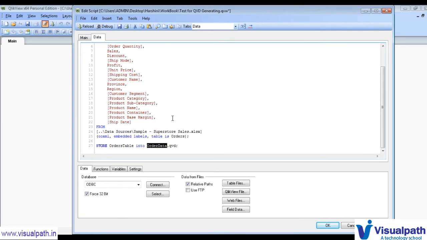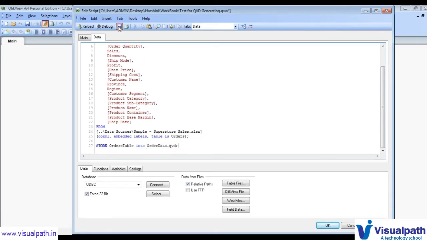So where is our application? If you see the bar, you can see C users admin desktop and then Harshini and then workbook. In this workbook folder we have the application, test for QVD generating.qvw. So in this path only, it will store the same QVD file, as we have not given a specific path.